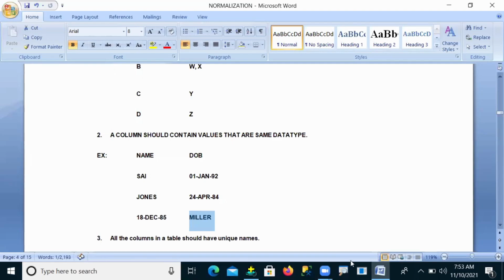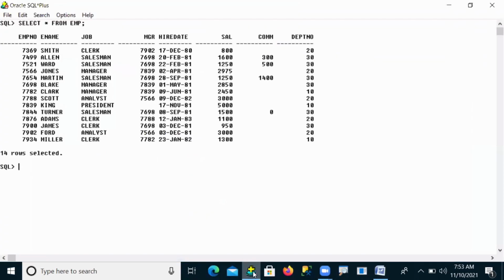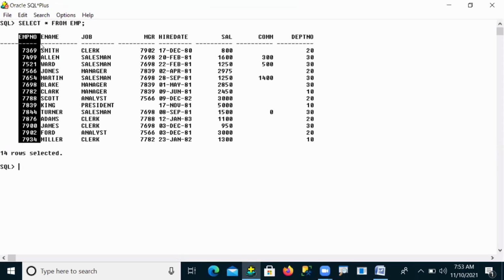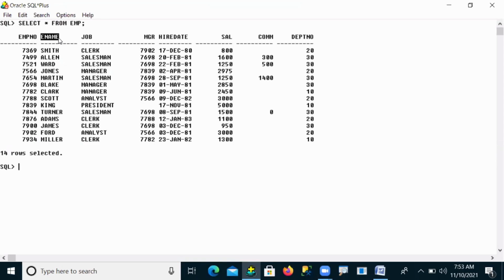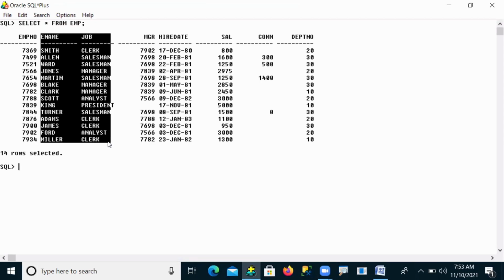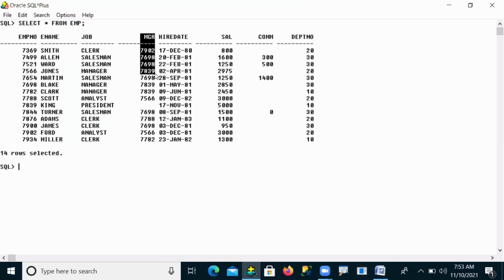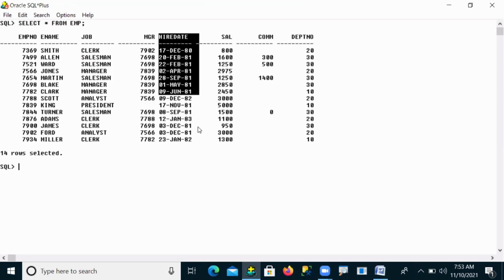Now we can see the same in my table. Suppose emp number is number data, that means all are numbers. If ename is a string data type, all are strings. Your job is a string, so all are strings. Manager is again a number, so all are numbers. Hire date is a date, so all are dates.